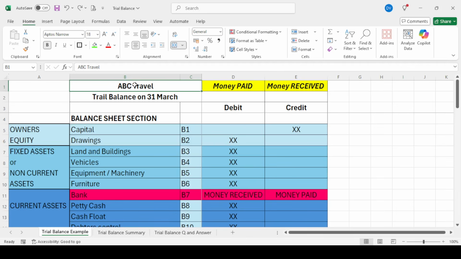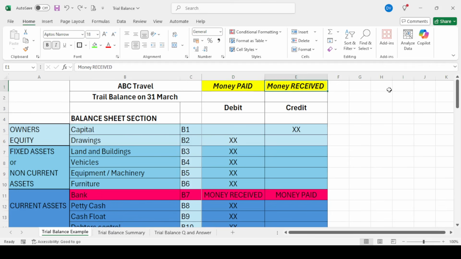All right. This is also where the double entry system now comes into play. Double entry system basically means for every debit, there has to be a credit, and for every credit, there has to be a debit. Okay, so you will see when we do the trial balance that things are now going to a different side if you think about debit and credit. So you'll see on the screen, I've made it yellow.